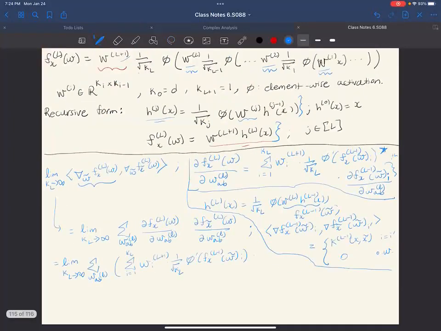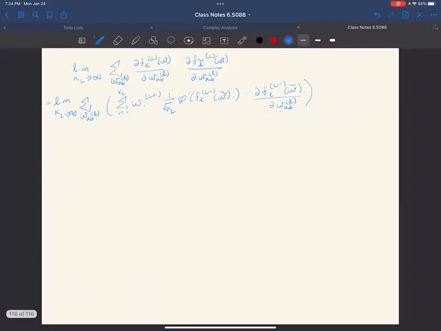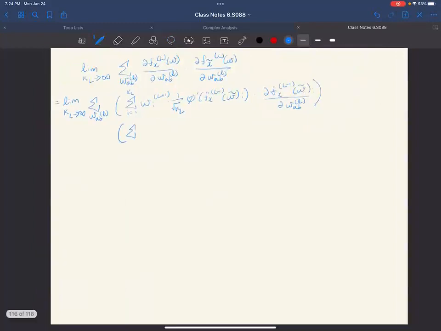Now we have this times the whole other side. So we need to substitute in for this term here. So we have another product. So this is the whole thing times summation I equals 1 to KL, WI at L plus 1 over root KL, phi prime fx at L-1, W tilde I times partial f x tilde L-1